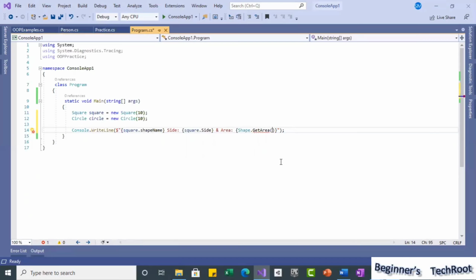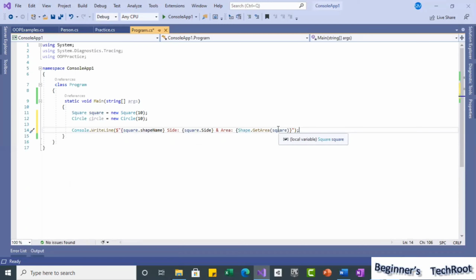Because, as in the earlier inheritance example I showed you, Square is inherited from the Shape base class. With the base, we used the Shape type, but the derived object also we can pass for the base type. It allows.